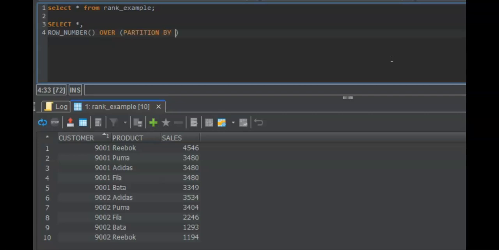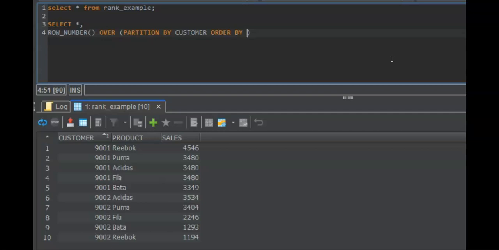Partition by. Partition is used to separate out the group. So for which group we want to create ranks, we have to mention that group here. We want to create rank against every customer, so we will use customer here. Order by. Order is against which value you want to create rank.